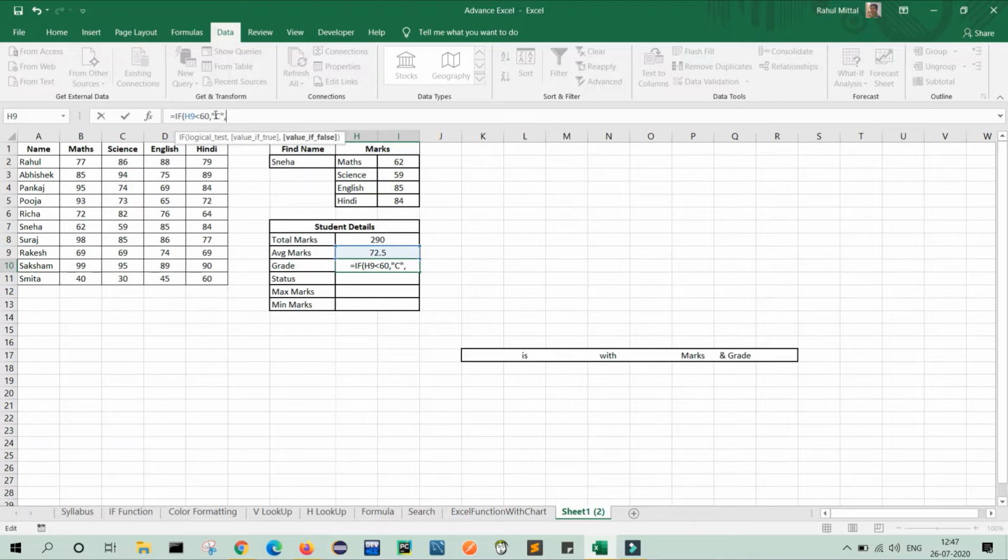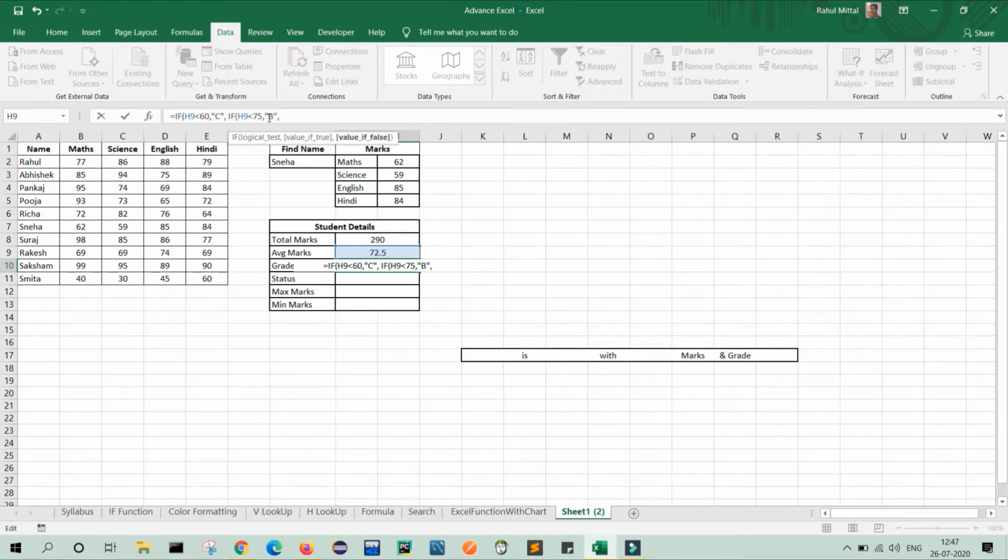Similarly, we will not use if and else condition. We are using multiple if conditions here, so that as per the marks, grade should be decided. So now another if condition is, if student gets less than 75, then grade should be B. So here we will select the average marks less than 75, then condition should display B,